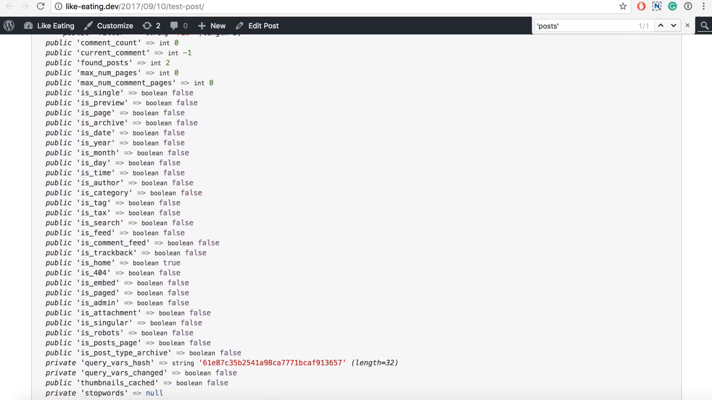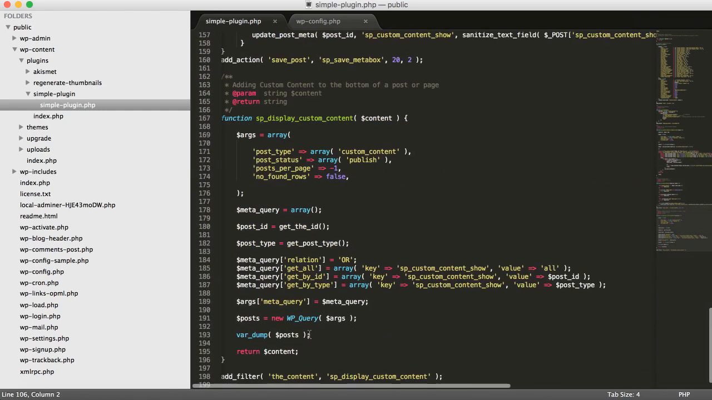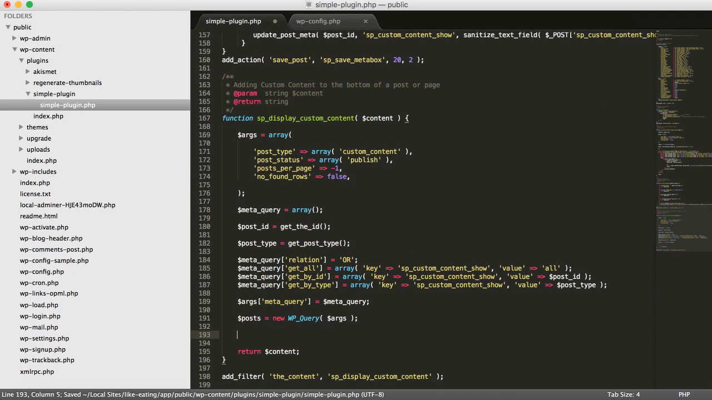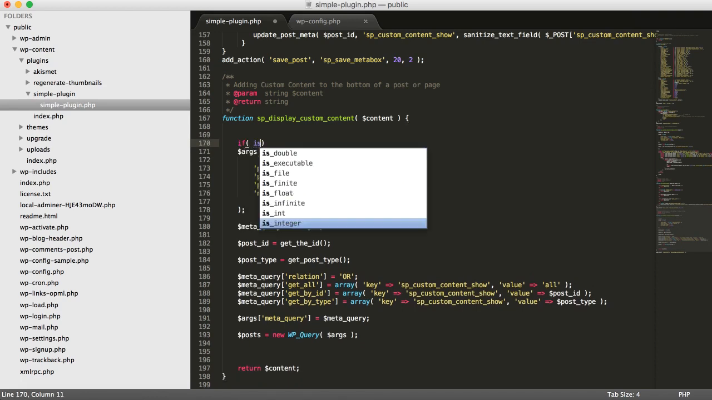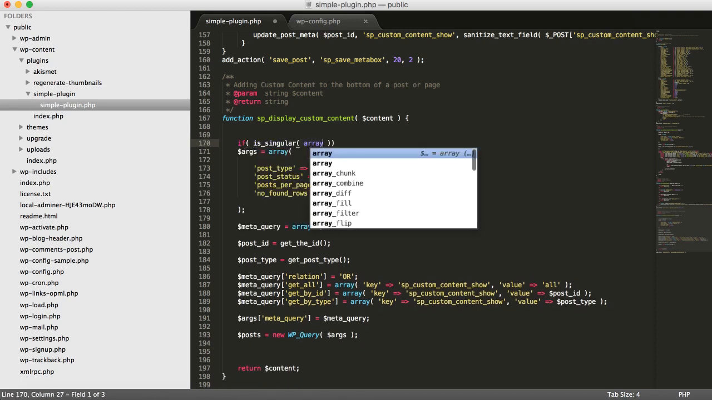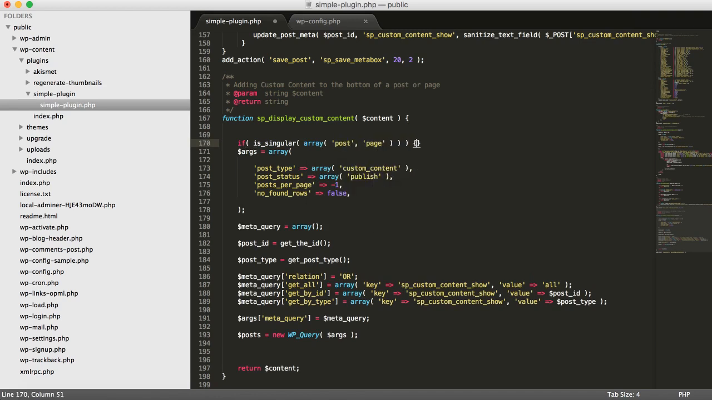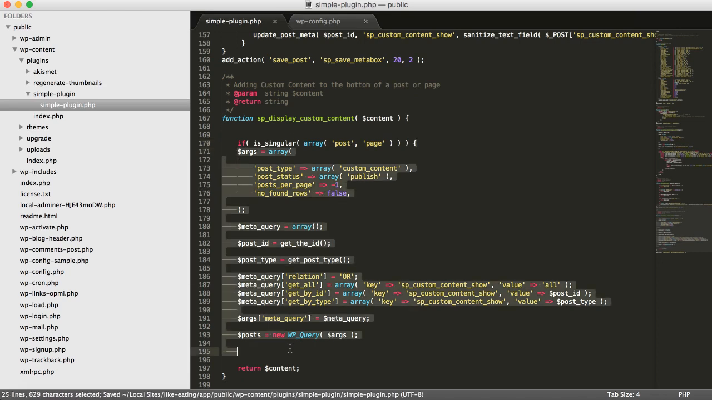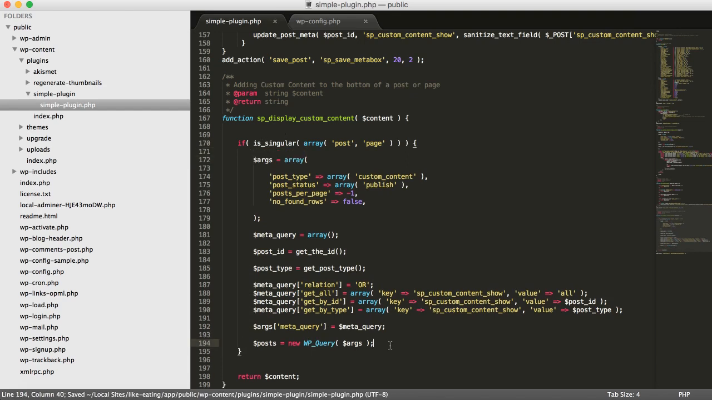And that actually says to us that this is working, so we don't need this anymore. But what I also want to make sure of is this: if is singular, post, page. So what am I doing here? I am making this query only happen if you're on a post or on a page, and that is only on a single post or a single page,